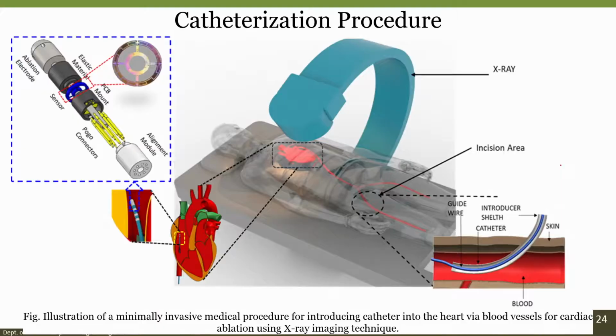Now, if you see, this is a catheterization process, and here you can see, like I said, that the catheter is inserted through the guide wire from the groin area, and it reaches the heart chambers, and then the procedure is performed. And the importance of whatever we have discussed is all the way here, at the tip of the catheter. So, what is that?